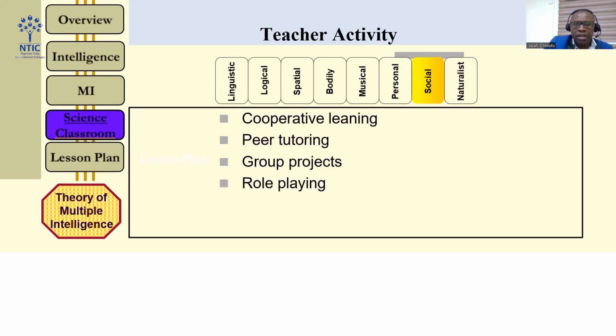Now, they want to work with their peers. So it could be peer tutoring. Okay, whereby you give a role to a particular child or learner in a group, and you can ask him or her to explain the role to their fellow learners. Now, you will see that they feel so happy to do that. Group project is one area these learners can identify their strength. Of course, there are some learners that can understand more if their peers explain something to them than even the explanation from the teachers, because they feel more confident and more relaxed if they're with their peers. But if all of this is taken away from them, learning becomes quite difficult.